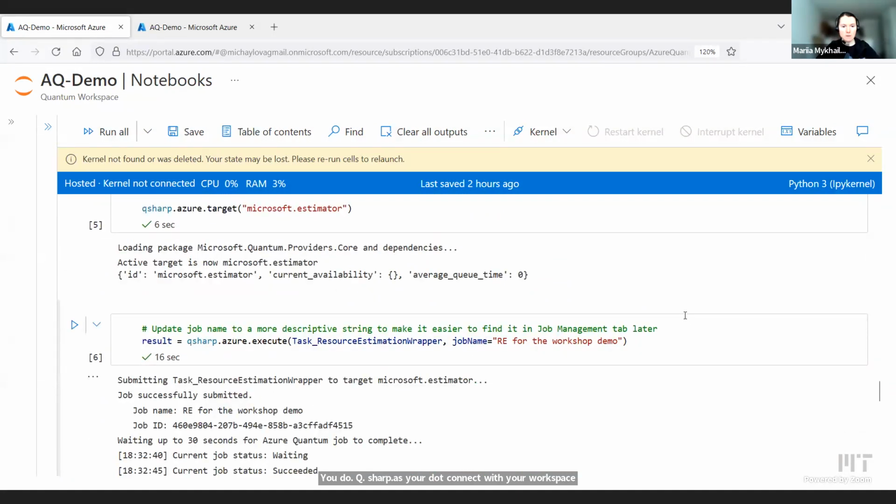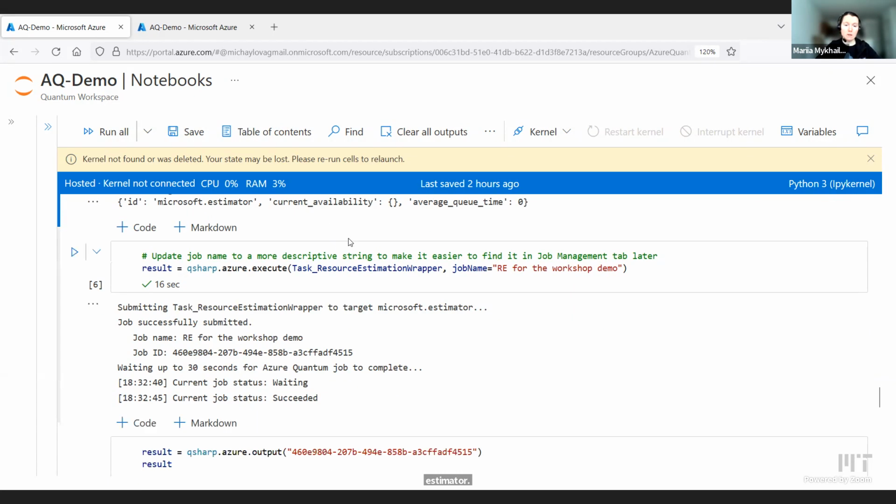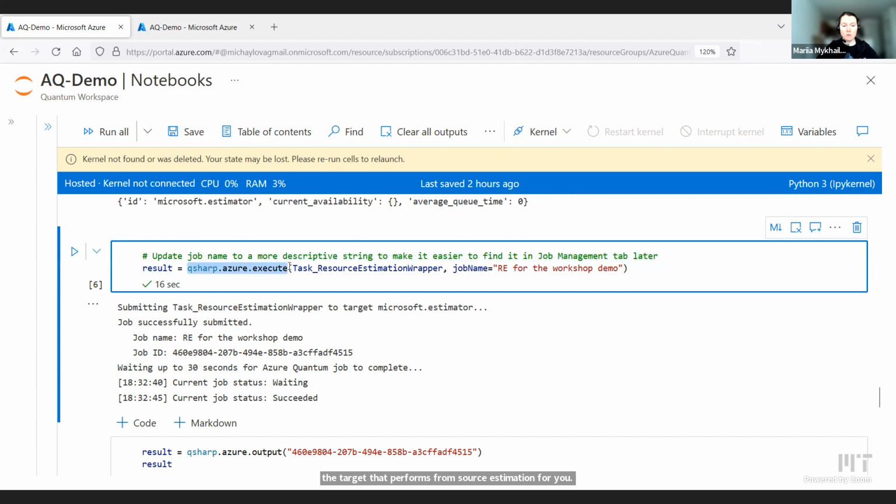And then you choose a different target. This time you're going to use the target called Microsoft.estimator. It's the target that performs resource estimation for you. And then you do the same thing. You run iQSharp Azure execute for this resource estimation wrapper, and I give it a job name that helps me distinguish